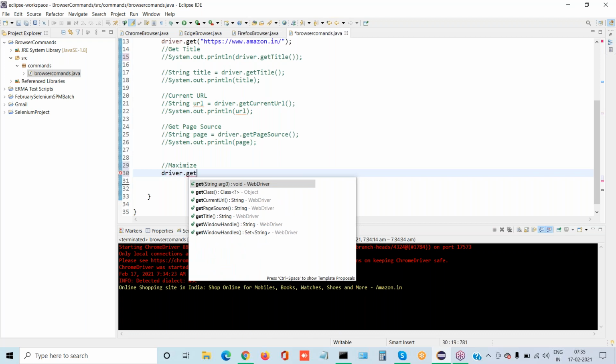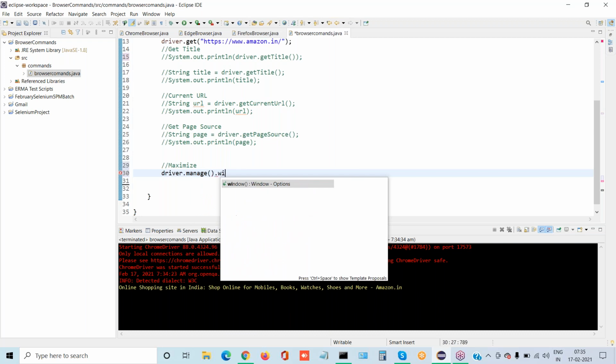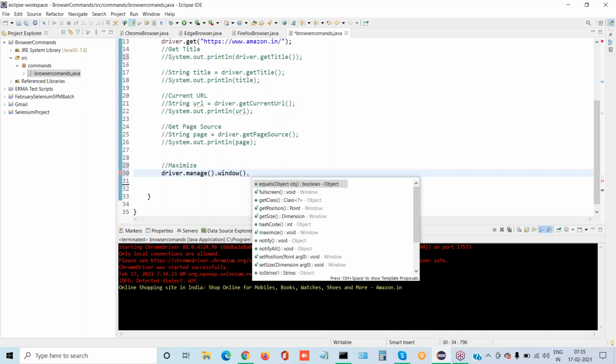Driver dot manage dot window dot maximize. You are handling the window, so you need to manage it.